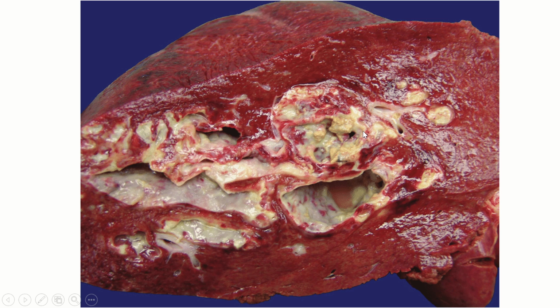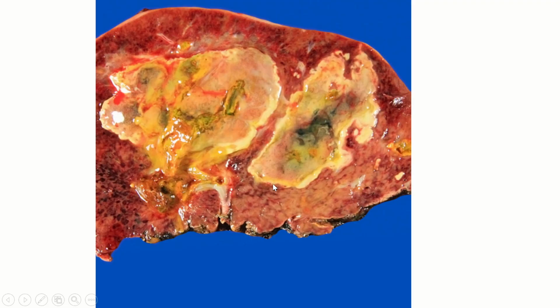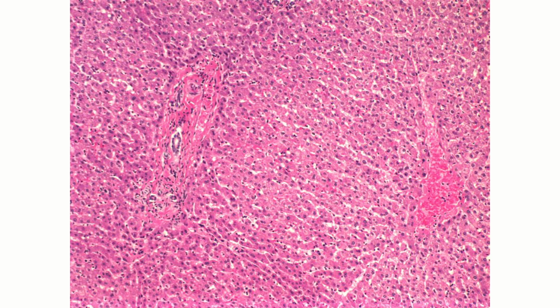This is a specimen of pyogenic liver abscess. You can see this is the cut surface of the liver, and you can see these multiple abscess cavities, small to big in size, which are filled with yellowish exudative pus-like material. So this is your pyogenic liver abscess. Again, this is the cut surface of the liver. Here you can see these abscess cavities which are filled with purulent material. So this is a pyogenic liver abscess.